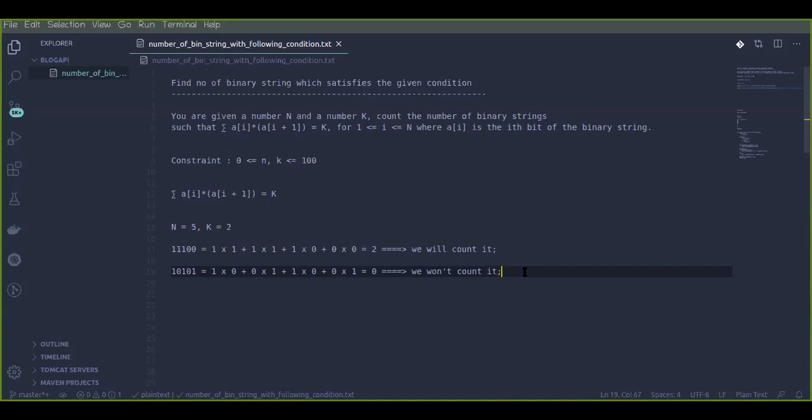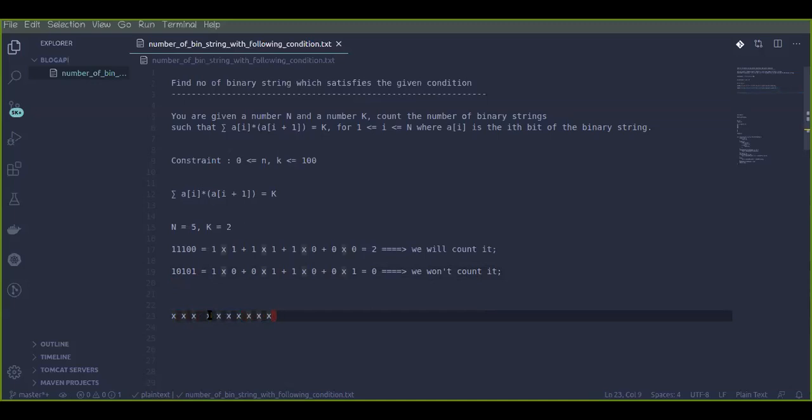As we all know, a binary value could be either a 0 or a 1, isn't it? So we have two possibilities here for the last bit of that binary string. So let's say the binary string can be anything, okay?